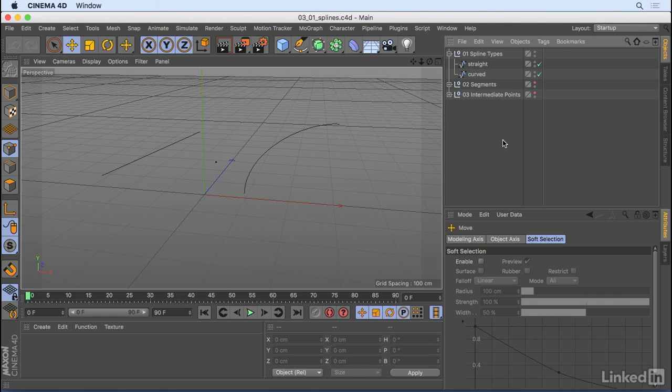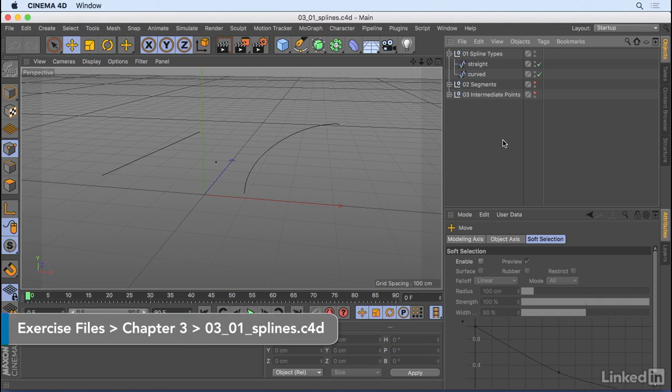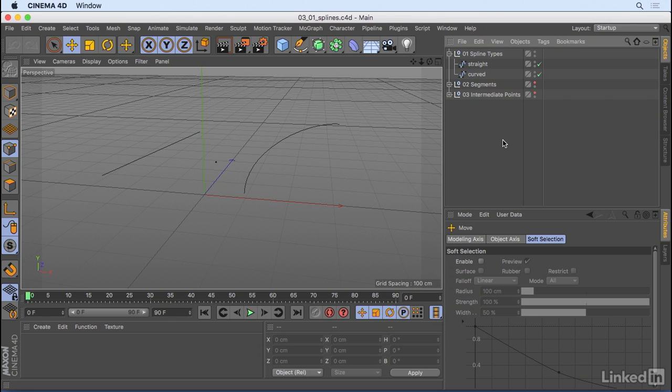Put simply, splines are a sequence of vertices connected by lines. If you're familiar with Adobe Illustrator, you'll be aware of splines already. They're called paths in Illustrator. In the case of Cinema 4D, splines live in 3D space, and their vertices can be manipulated in the X,